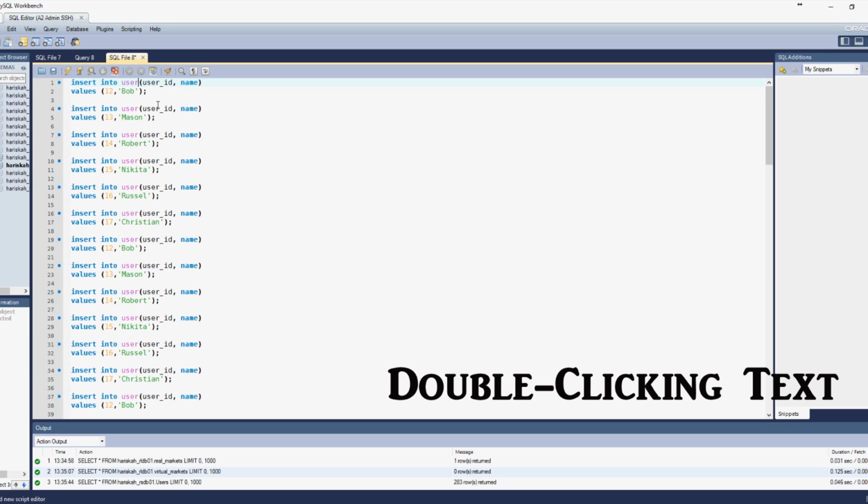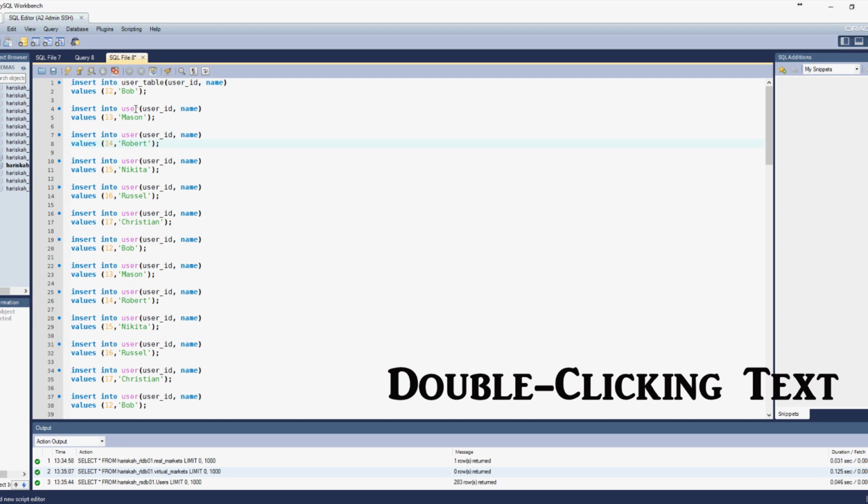So, I'm sure you've been in a situation where you have to change a variable name, or in this case, the table name. So, the table name here is user, but let's say we decide to change that to user table. So now that I've changed that, I have to change all of these. Now normally you'd want to use something like a find and replace, but I'm going to show you an alternative